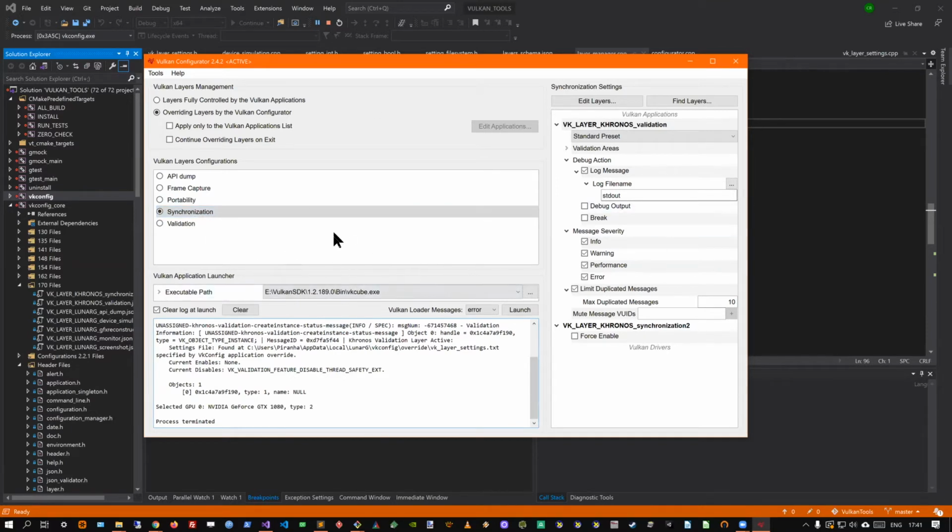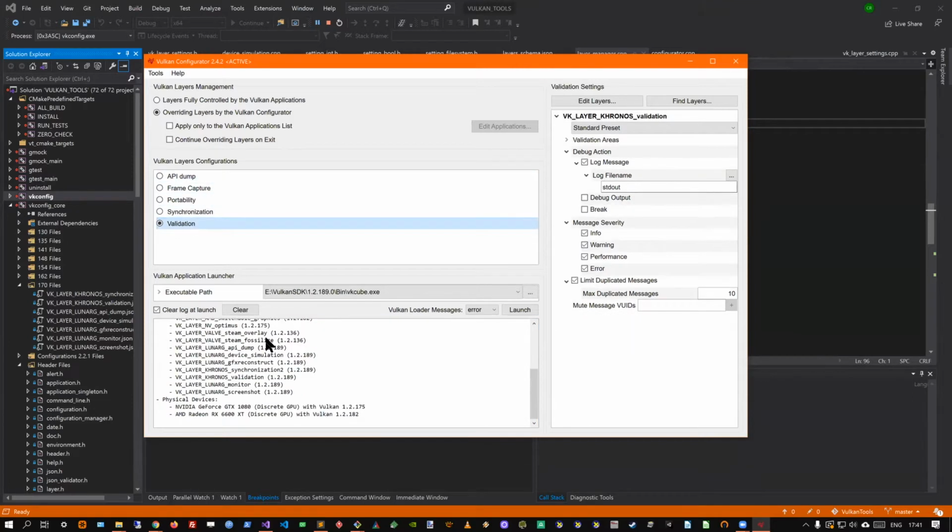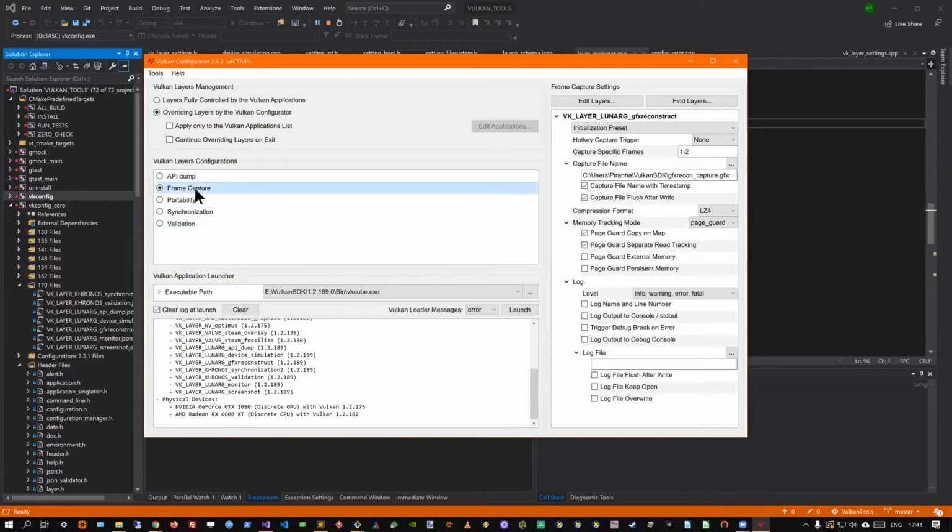Vulkan Configurator, how it works. We predefined what we call built-in configurations for layers. There is one for API dump. There is, of course, one for validation. We have one we call frame capture, which is pre-configured to use GFXReconstruct, a tool to capture frames and replay frames.